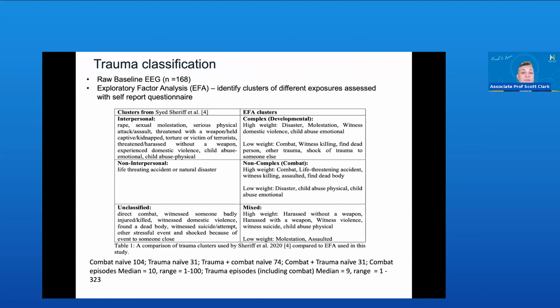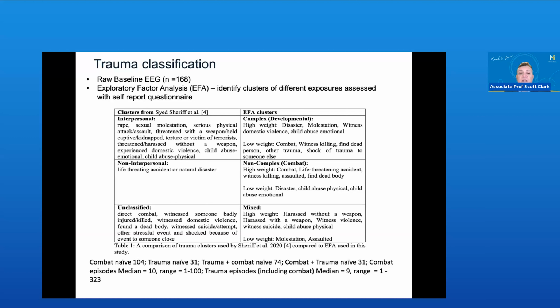So what we also had was a range of trauma exposures. A questionnaire asked about people's prior experience with trauma exposures. Rather than use standard measures, standard clusters, which tend to cluster trauma into interpersonal trauma versus combat trauma, we wanted to get a good measure of how different types of trauma were distributed within this sample. We used a technique called exploratory factor analysis, and we're able to cluster different types of trauma and develop a score along three clusters